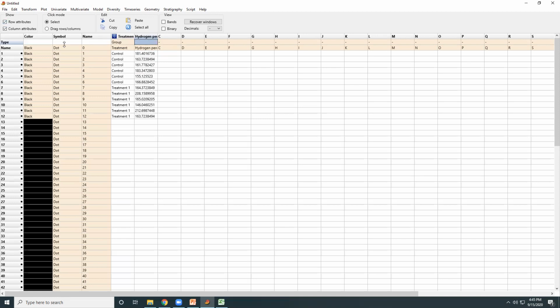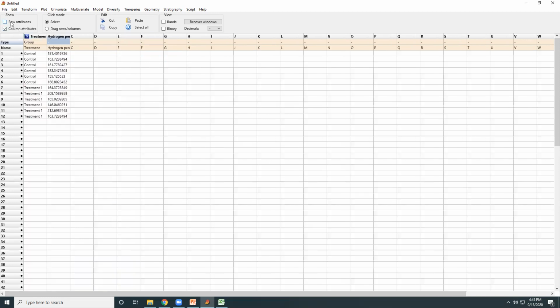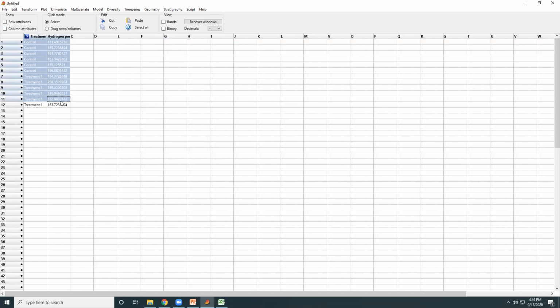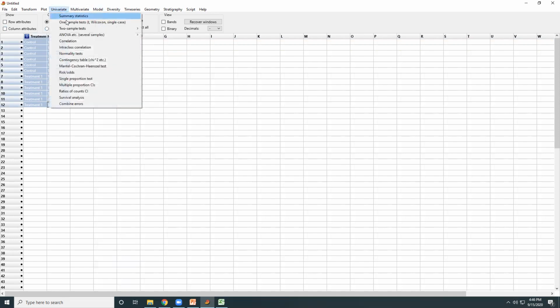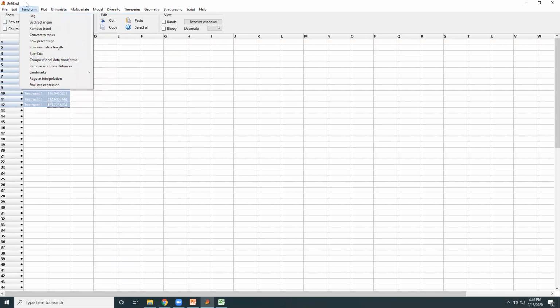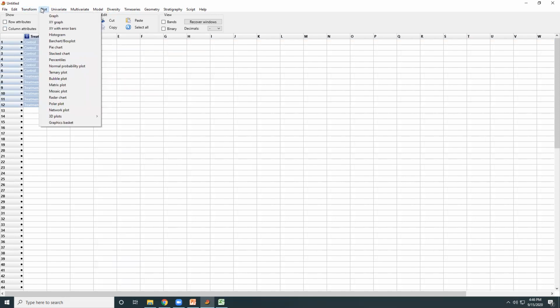And then once you put it here, you can unclick the row and the column, and now you will see that you have a treatment and you have a variable, right? Once you select these two, you can conduct whatever test you would like to do. The benefit of Past is that a number of different functions are put together in one package.